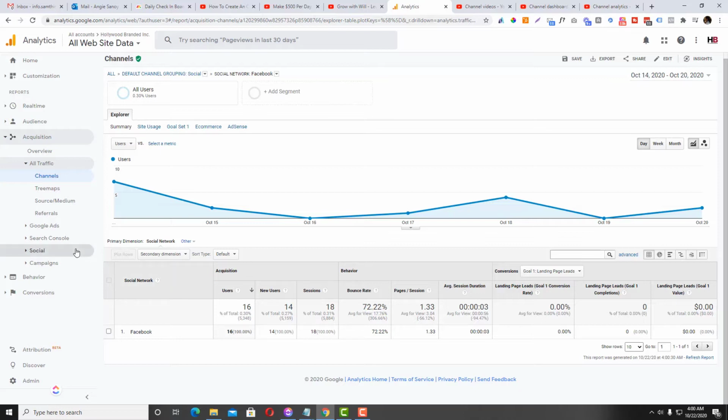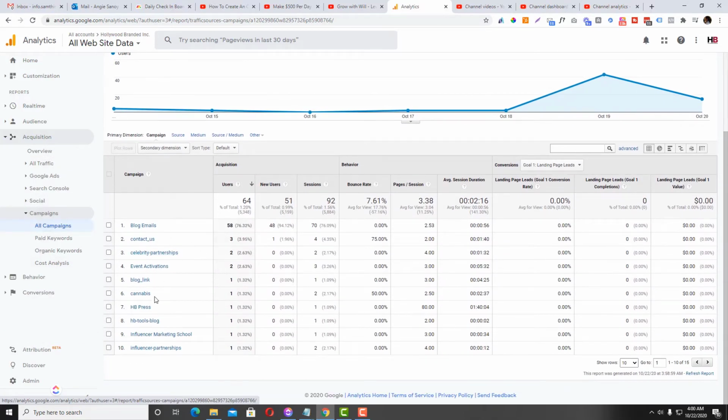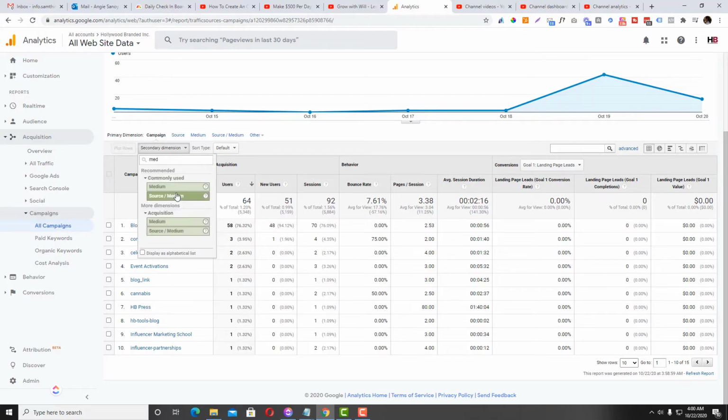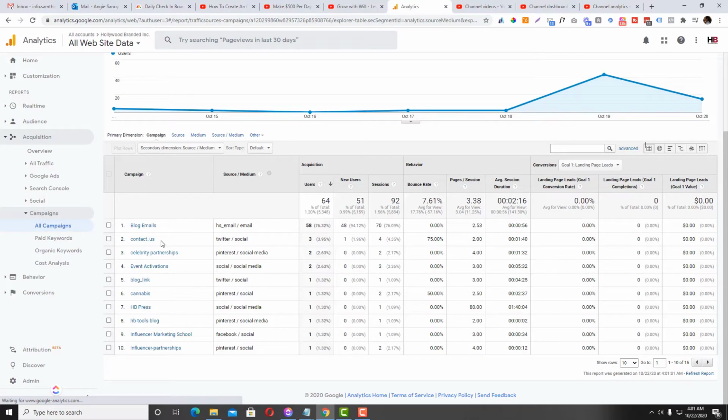But with UTM parameters, if we go to the campaigns area, I'm gonna open the acquisition and then medium. Let's just type in medium here so it would be easy for us. So source and medium, I'm gonna open that one. So you'll see here that the contact page, with 3 users, comes from our contact us page and is coming from Twitter. The blog post about influencer or celebrity partnership is coming from Pinterest. And the event action is coming from, so I haven't set